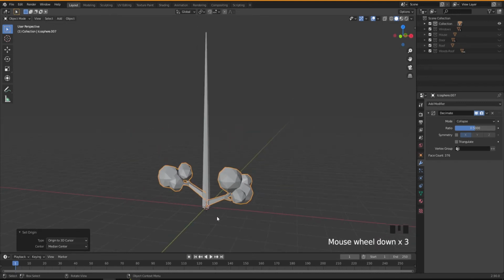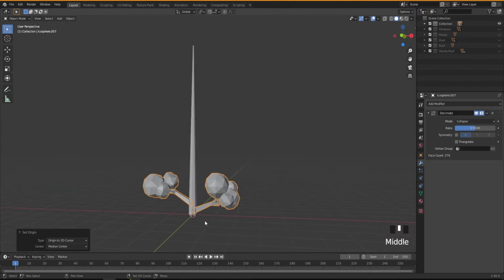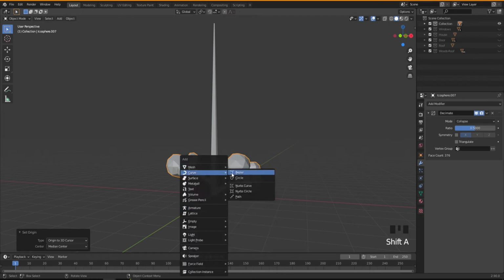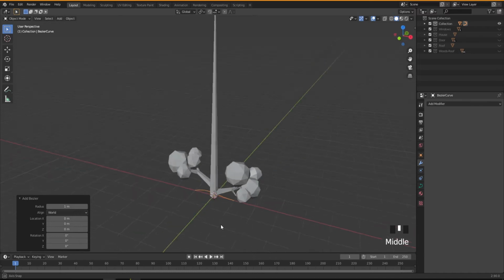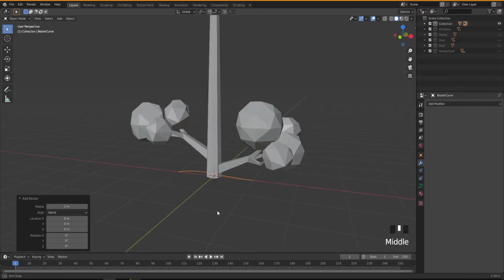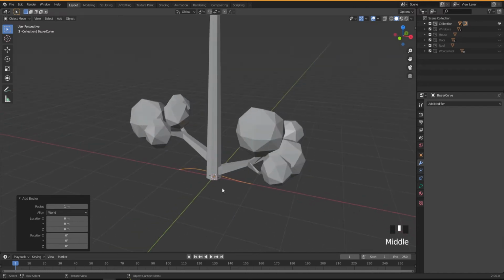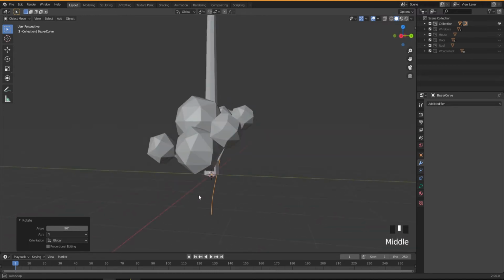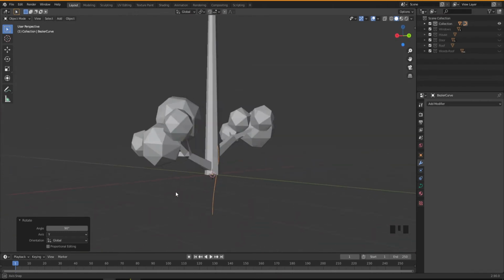So the next thing I'm gonna do, I'm gonna add a curve to our scene. So Shift A and Bezier curve like this, and I'm gonna rotate this one in Y axis. So I'm gonna press R, Y, 90 degree like this, and I want this point to be at the ground level, and then we're gonna carry on doing the other part.